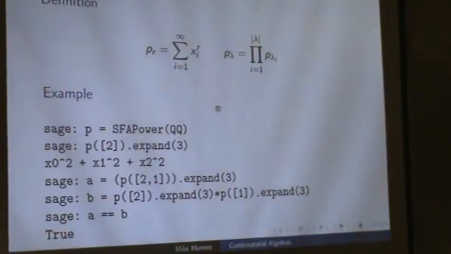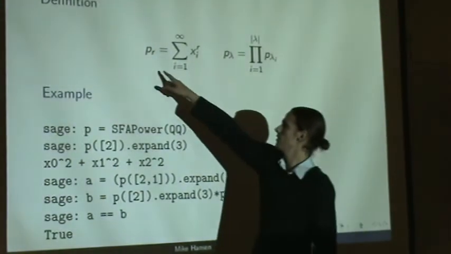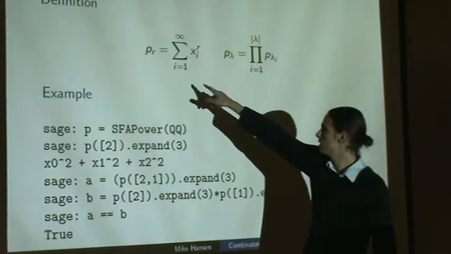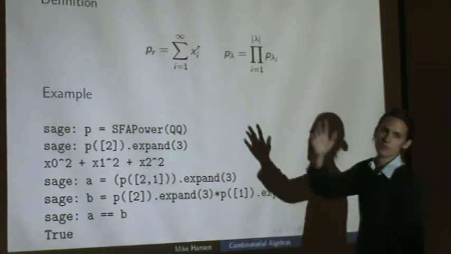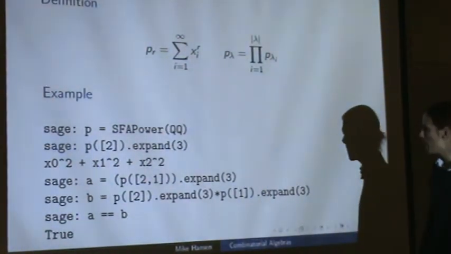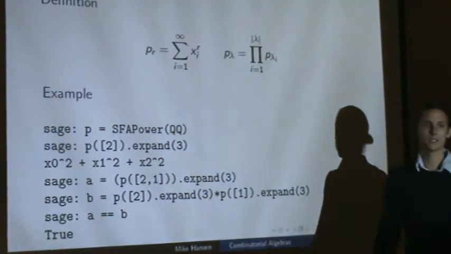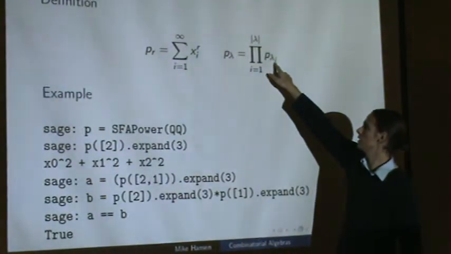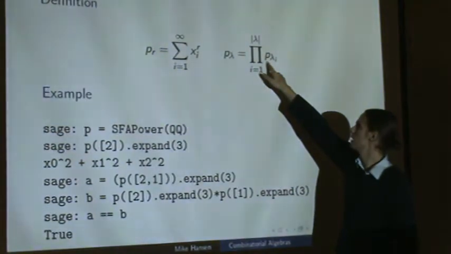So first we have the power sum symmetric functions, which is what you saw before. We define p sub r, where r is just a positive integer, to be the sum of x sub i to the r for all of the variables. And then if we have an integer partition lambda, so that's just a list of positive integers, you take all the elements of that list, find the corresponding power sum symmetric function, and then